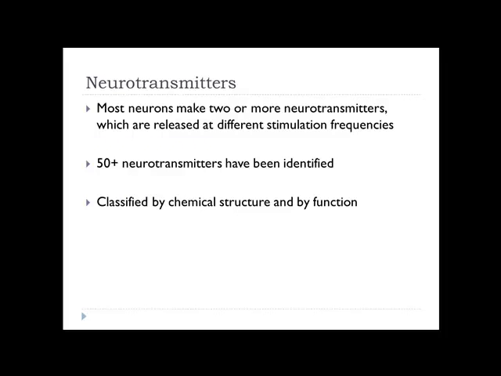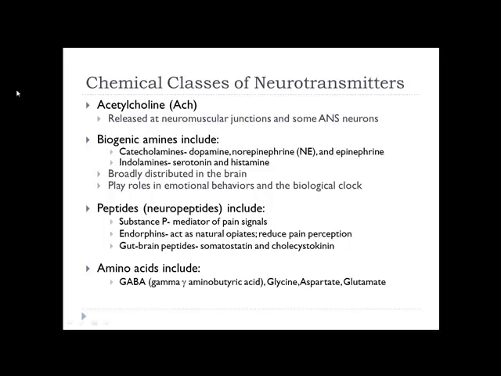So next we're talking about our neurotransmitters. There's over 50 neurotransmitters that we know of, and I'm sure there are many that we don't know of. They are classified based on their structure and their function. So here's the categories we're going to want to talk about. Acetylcholine. This is going to be real important for muscles, the neuromuscular junction. You remember we talked about this in the muscles chapter. And a little bit in the autonomic nervous system. ANS is autonomic nervous system.